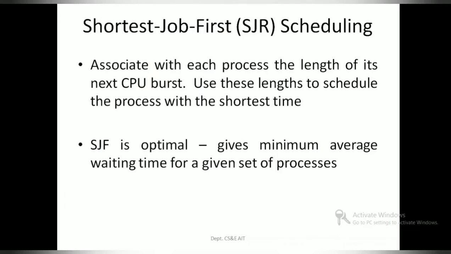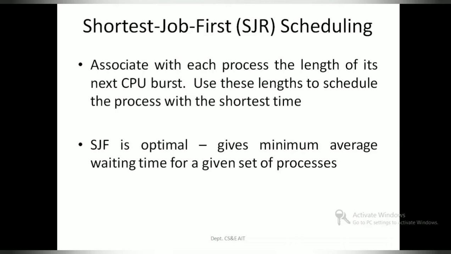The next scheduling algorithm that we have after your FCFS is your shortest job first scheduling. We say this is one of the best scheduling algorithms because it gives us the minimum average waiting time. But let us see what are the other disadvantages. What is the algorithm all about? Is this algorithm really practically possible to be implemented? Now talking about your shortest job first. What do I mean by shortest job first scheduling?